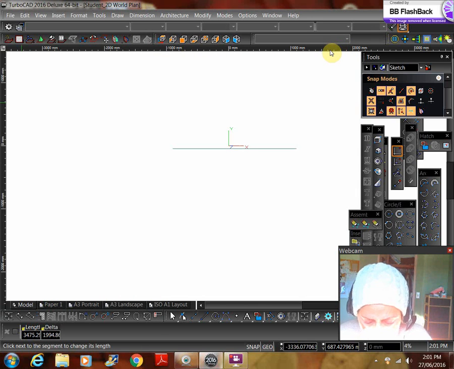The status bar, this is the area where an instruction is provided to the user in response to a specific tool. For example, when the circle tool is activated,